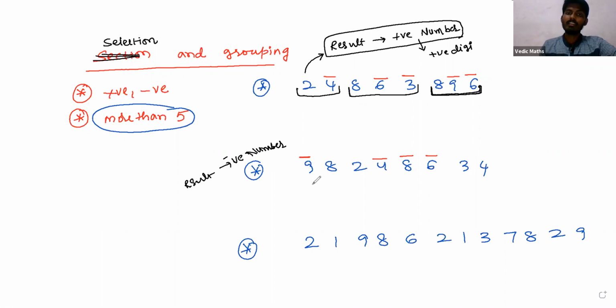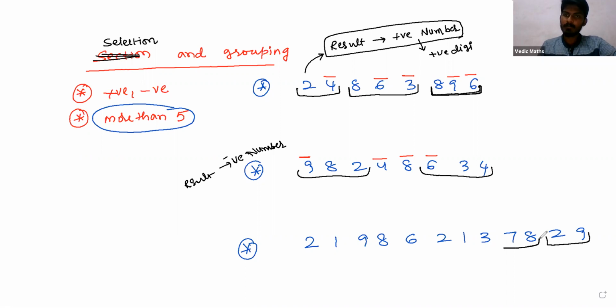Okay, right. In this question, we want to focus on positive digits. Why? Because this is a negative number. So positive, positive, and negative is one combination. Next positive, positive, and negative is one group. So here -4, -8 digits are not included, so we are writing those digits as they are. In this case, we are focusing on the digits which are more than 5. So 9, next a smaller number is there. So this is one group.